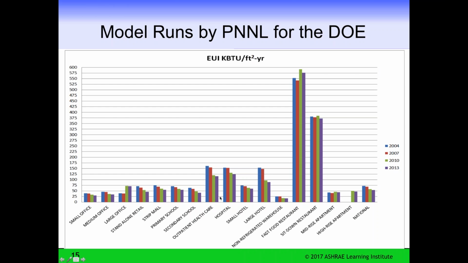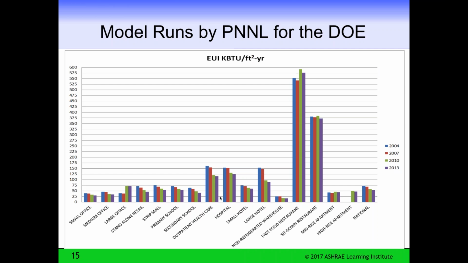And Pacific Northwest National Labs acts as a technical support group within Standard 90, and they do a large number of EnergyPlus computer simulations using 16 building types and I forgot how many climate zones. There are the 8 climate zones, but I think 17 different climate regions, and producing all of this data, which is then used along with economics to justify the cost effectiveness of the most recent standard version.